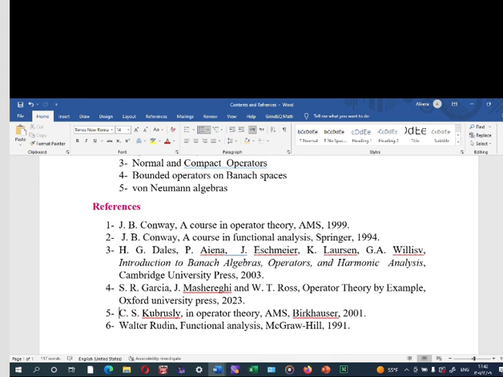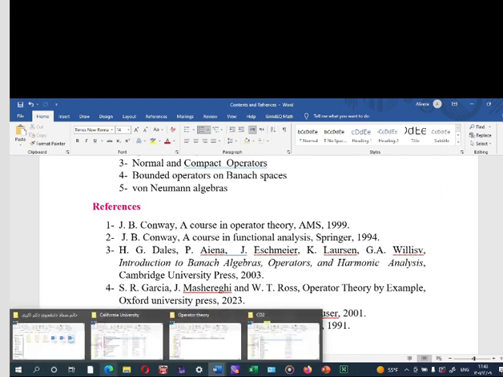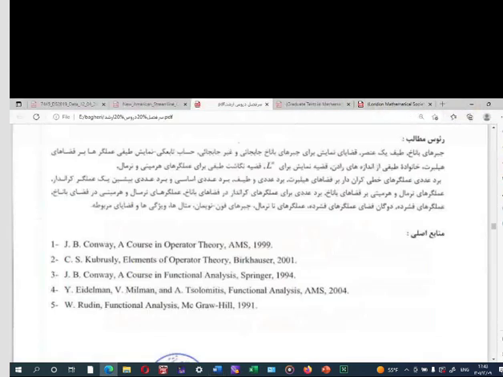And also we found a new book that is very nice for you and it is very useful, Operator Theory by Example. Okay, it's written in 2023. And this book by the title An Element of Operator Theory. Okay,